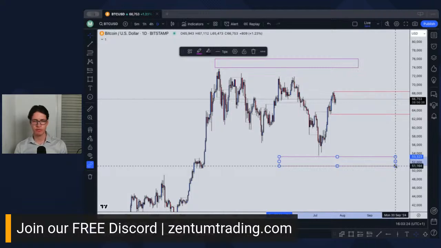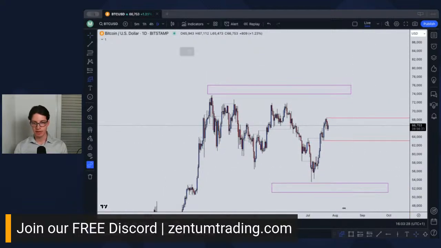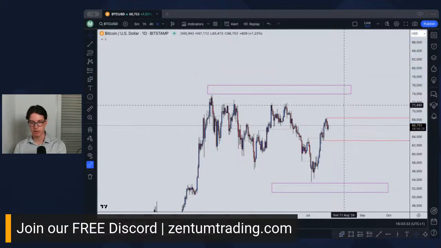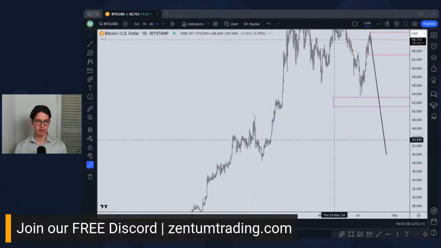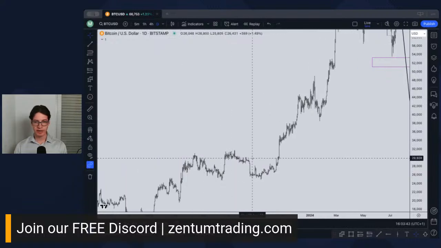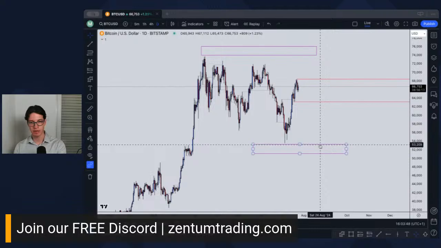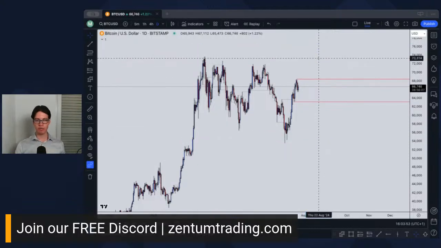reversal opportunities, or not reversal opportunities, but some nice uptrends or some nice downtrends. So if we break the upper one, I think we're going to go all the way to 100K. I would not be surprised, to be honest. If we break the lower, I think we're going to retest some of these levels, definitely, possibly even lower, like 30K, something like that. So it all depends on which level gets broken by how much momentum. What I do know, at least from my experience and from backtesting it just a little bit,